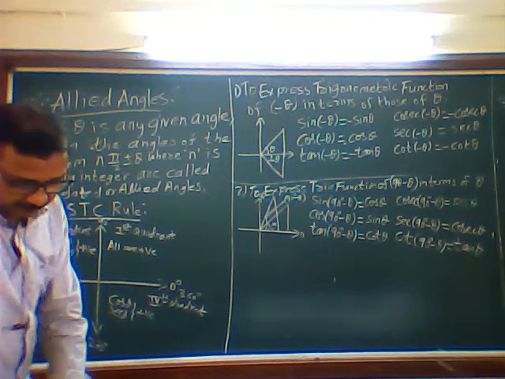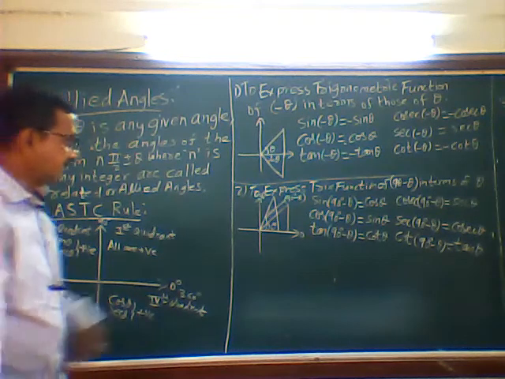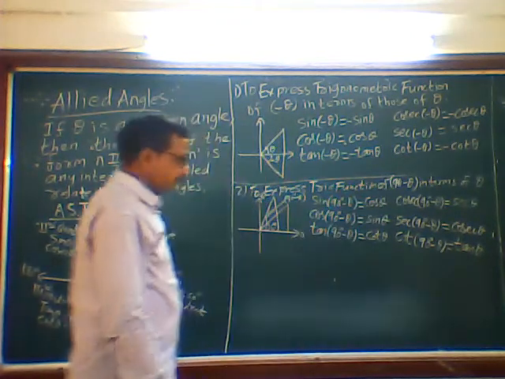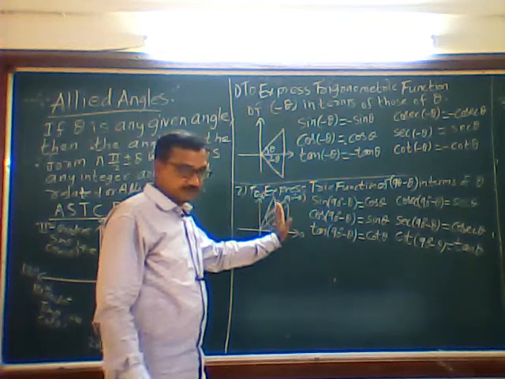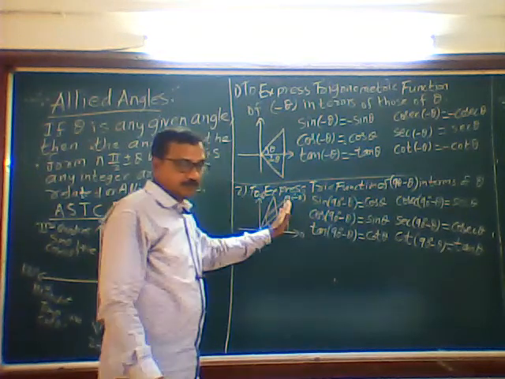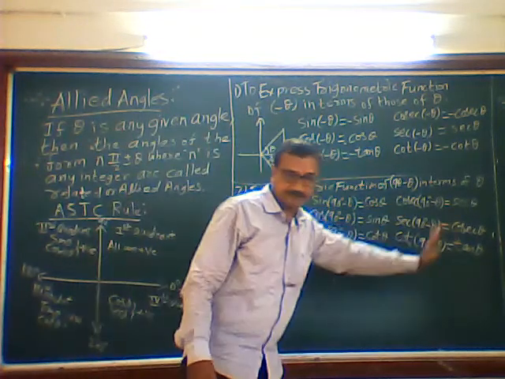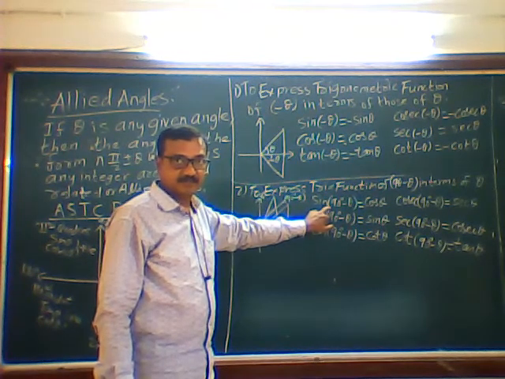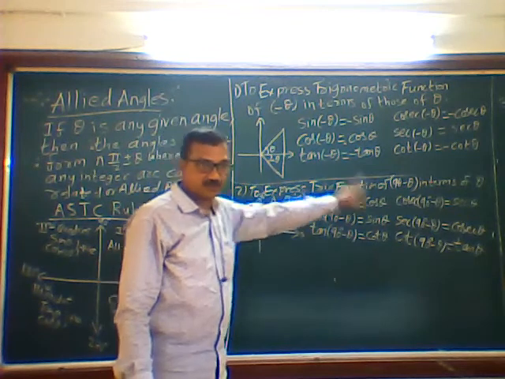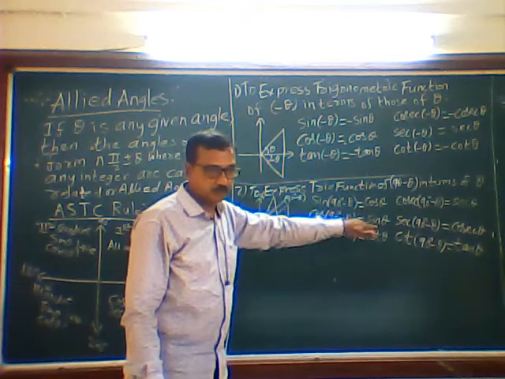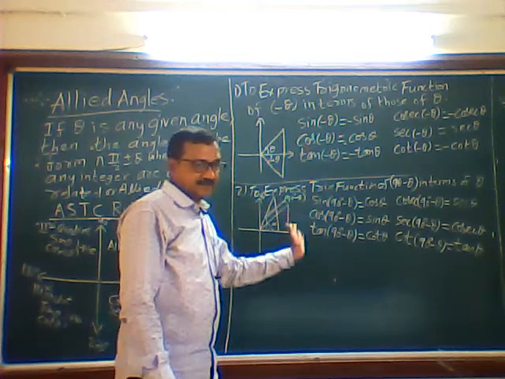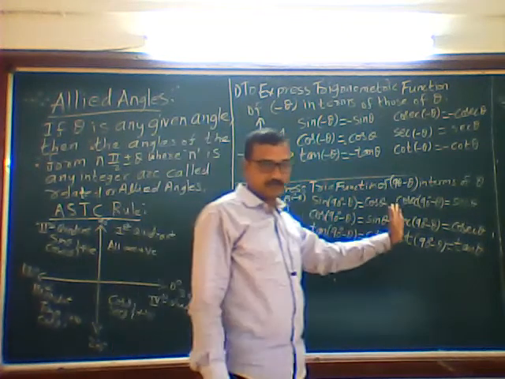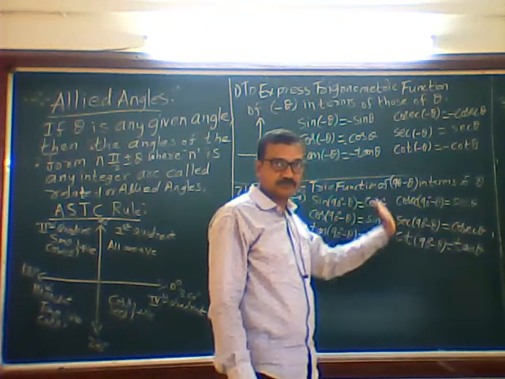Got it? Now next we are going to find the trigonometric functions of 90 plus theta. You understood now? First we have to check to write the signs. It is positive, first quadrant, all are positive. Then since the angle is lying on the y-axis, 90 degree, the sin co-ratio is cos. At the same time cos co-ratio is sin. Tan co-ratio is cot. Cot co-ratio is tan. Sec co-ratio is cosec. Cosec co-ratio is sec.